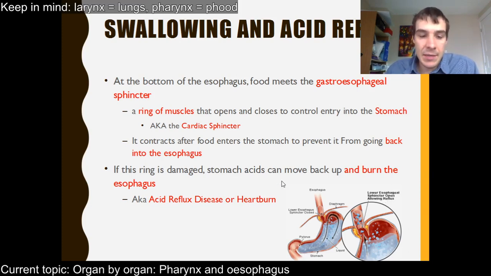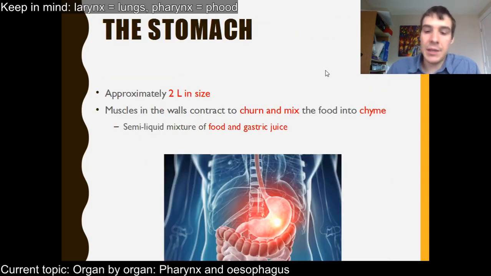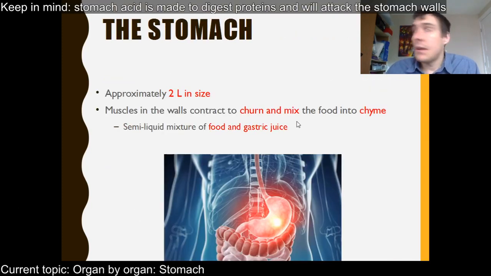We're going to get into the stomach next, so I am going to pause. And we're back off pause. We're going to talk about the stomach. The stomach is where protein stuff happens. A lot of the protein stuff happens in the stomach. The stomach acid and the gastric juices in general are made to digest proteins, and it will attack itself. The stomach has to try to stop from digesting itself at the same time that it is digesting the rest